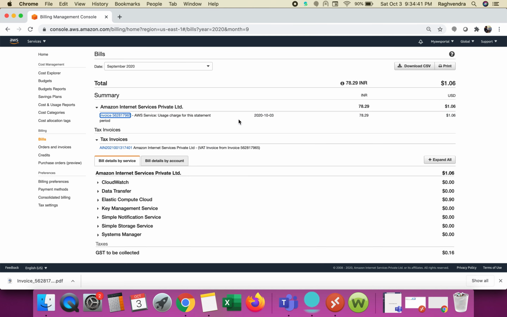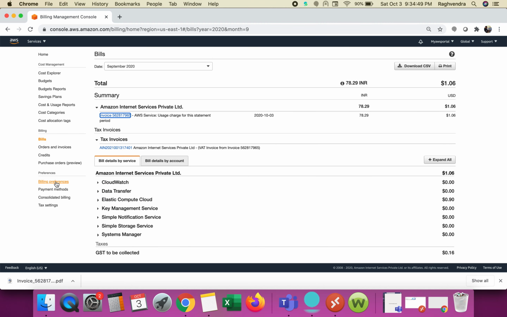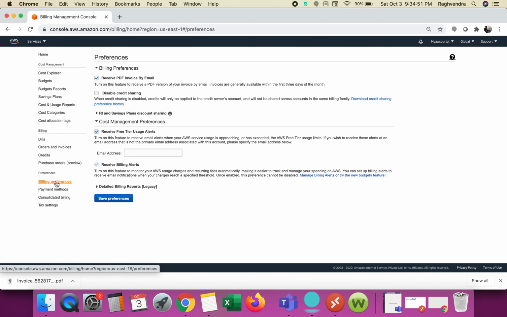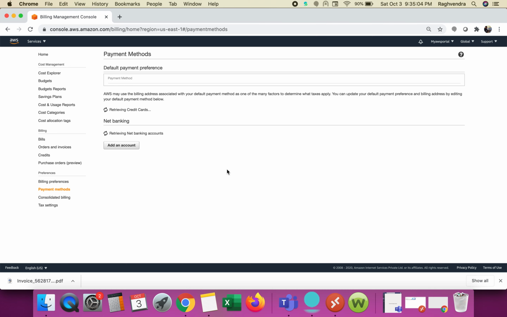Okay, and here you can see the different preferences for billing, like receiving billing alerts and other details also. Here you can set the payment method.